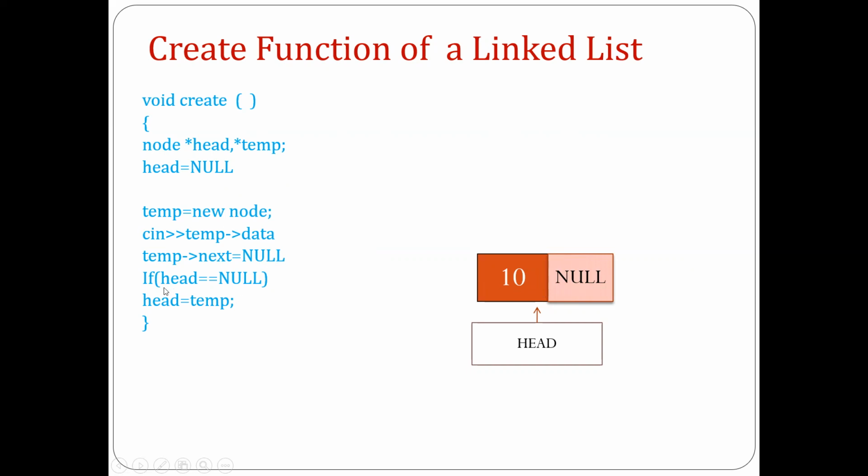First I'm checking the condition: if head is equal to null, that means the linked list is initially empty, we are going to execute head is equal to temp. That means this node we are going to rename with the head pointer. So this node now becomes the head node in the linked list. This head is equal to temp; sequence is important. Don't write temp is equal to head, because initially your head is null, so this node will become null if you initialize in reverse. Initialize head is equal to temp, because temp has these values, so these values will be assigned to the head pointer. In this way, we have now created a list of a single node, that is, the head node.